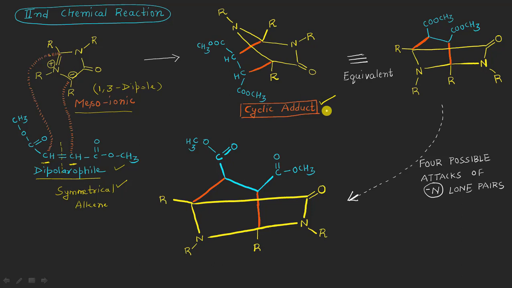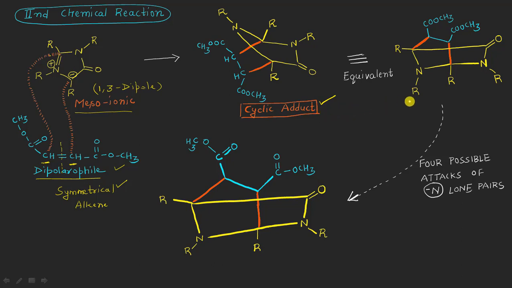Okay, now, this chemical reaction is a little different from the other reactions which we have done till now. So what I'm trying to show you here is that the cyclic adduct which we have got will not be undergoing the elimination of a molecule of isocyanate, but instead it will be going through some other type of reaction. Let us try to understand what will be happening.